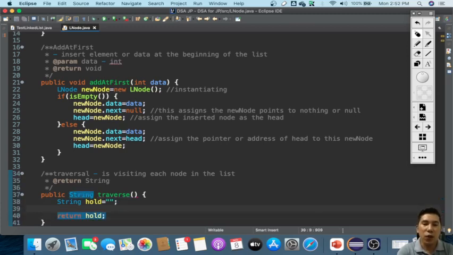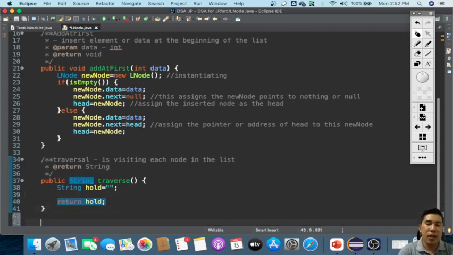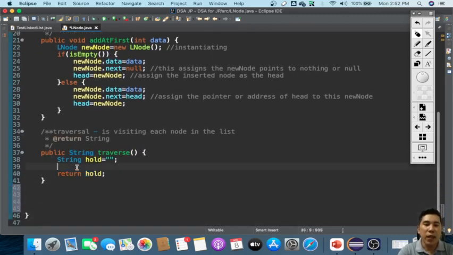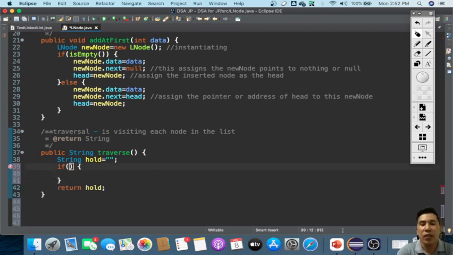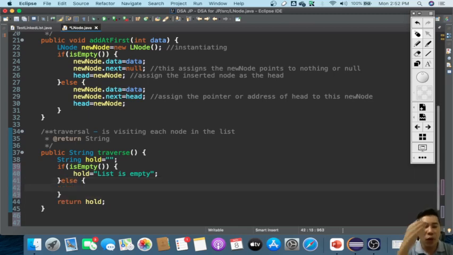Okay. So after this, what I'm going to do is I will test first if my list is empty. So let's say if is empty. Of course, if my list is empty, I would just display here that the list is empty, something like that. Otherwise, I am going to have here